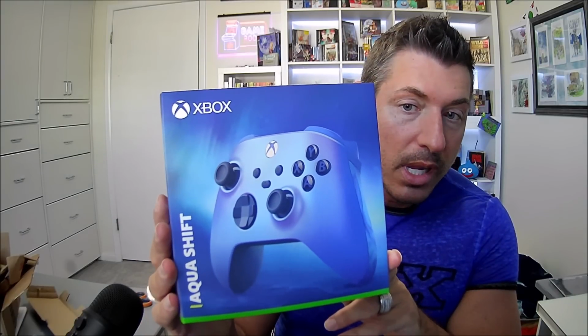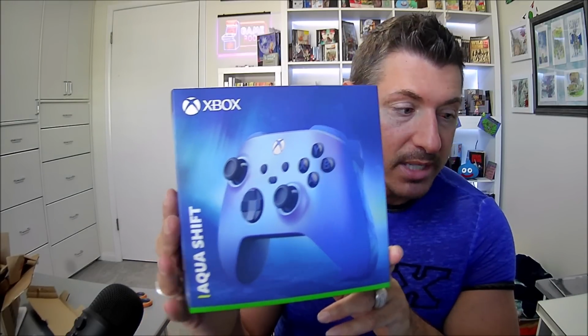We have a wireless adapter for Windows 10 or Xbox, as well as a royal blue aqua controller for Xbox as well. The controller that I currently use to play computer games, Steam games, emulated games is basically just this. This is my controller. It's something that I bought for like, I don't know, $20-something over at Target or Walmart or something, and the R2 button is wonky, it doesn't work, sometimes buttons get stuck or whatever, and he was like, you need a new controller. And I'm like, I know. And then he just sent me one. So thank you,